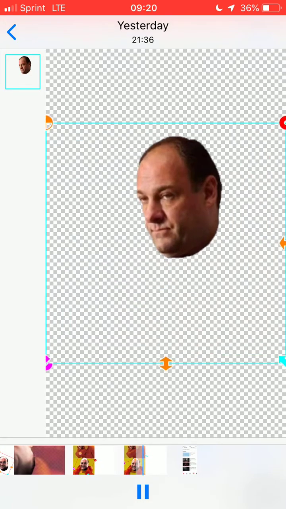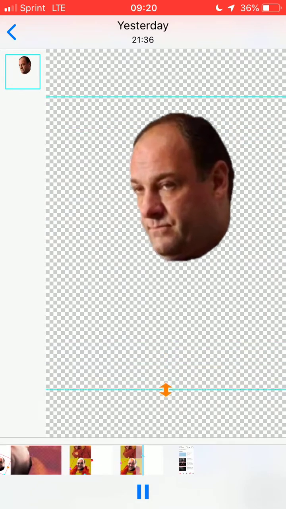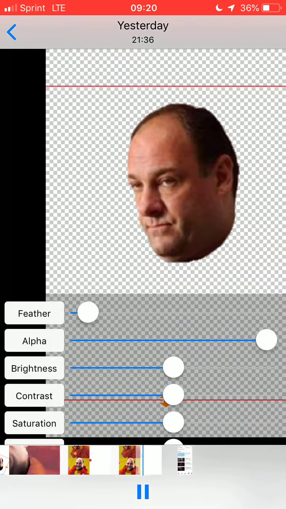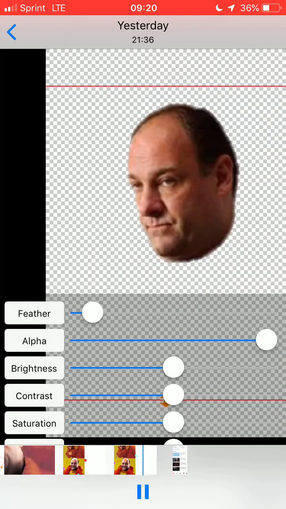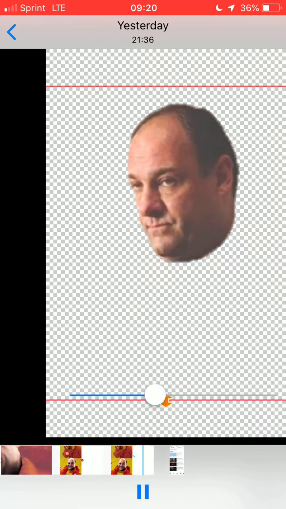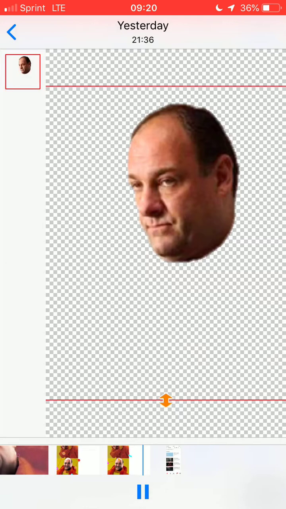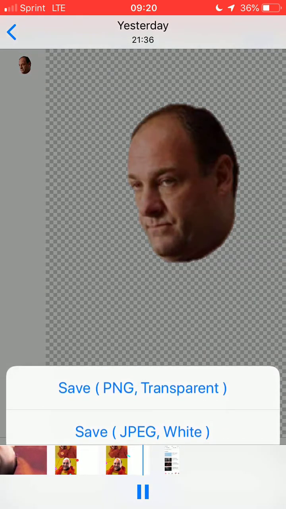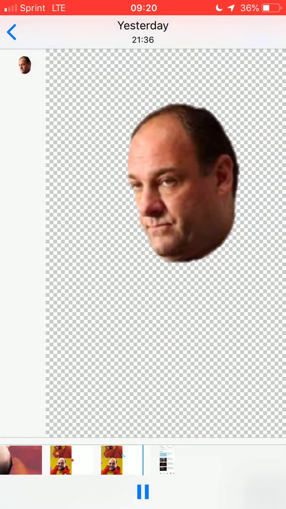But let's just say you wanted to clean it up a little bit and you couldn't get so close. You can bring this up, mess with the feather a little bit, and make it as smooth as you want. You can brighten it up, bring the contrast down or up, whatever you want to do. Then you can save it from here also as a PNG. So they go hand in hand together. I use them together a lot. And that's basically